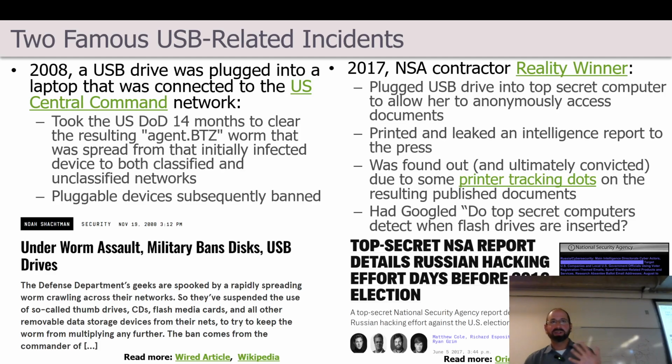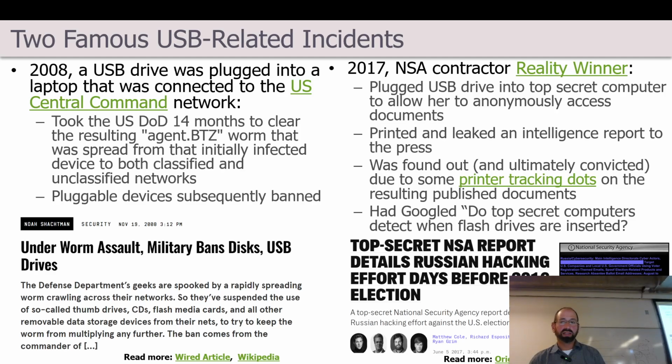But clearly there was some intended policy, and then in reality, it was a lot harder than it seemed to actually implement that policy in practice. The 2017 NSA contractor, with her actual, at birth name, Reality Winner, also was looking to exfiltrate data from the NSA, and she managed to do so in a relatively straightforward fashion,